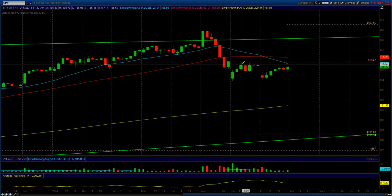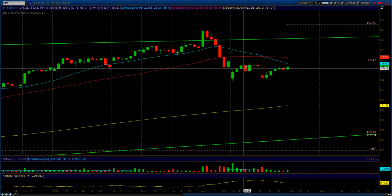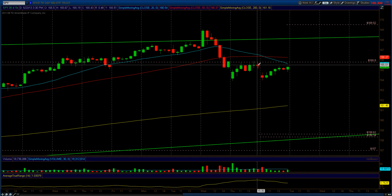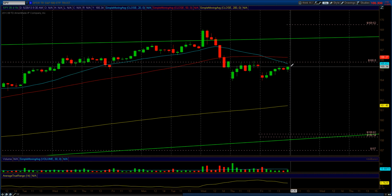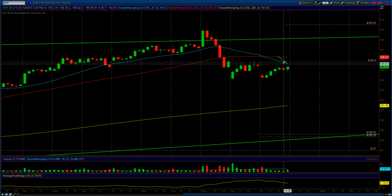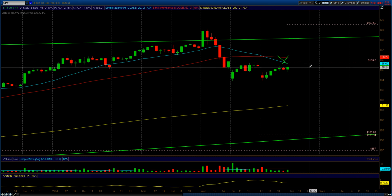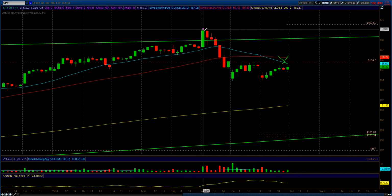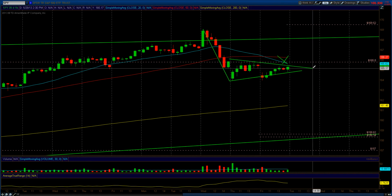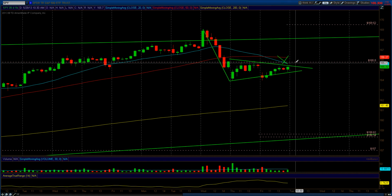We're 4 cents shy. This candle made 165.76. We come all the way down. We go right into the 165.80 level once again. We come back down, and then now it looks like we're going to retest that 165.80 level once again. Now here's the key feature to look at. We are below the 20 and the 50 moving average. We come down, and now it looks like we are creating this type of consolidation pattern,